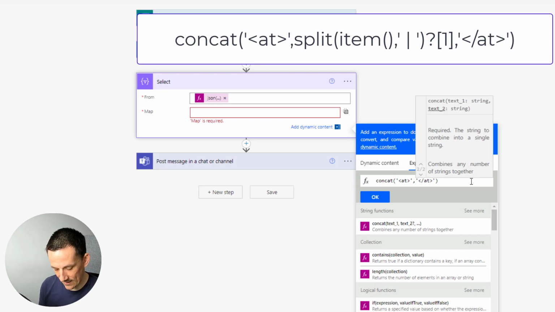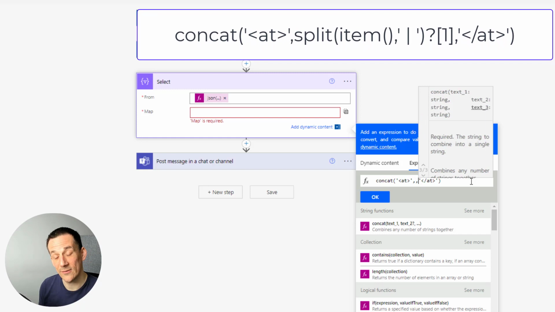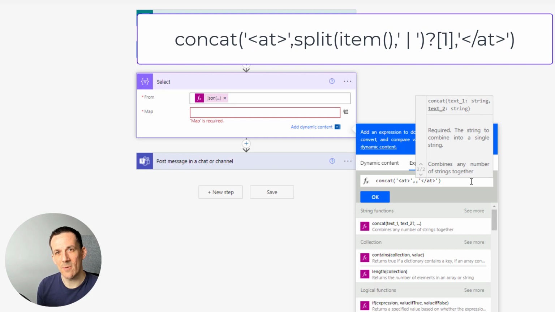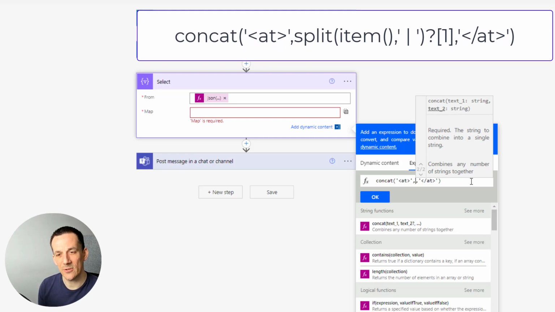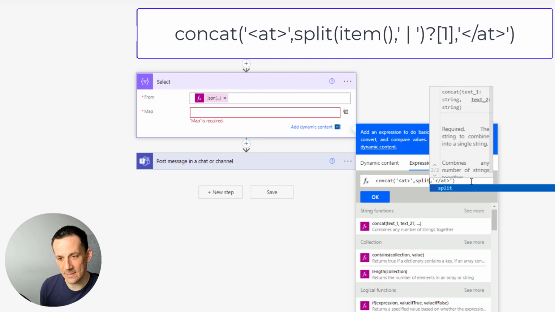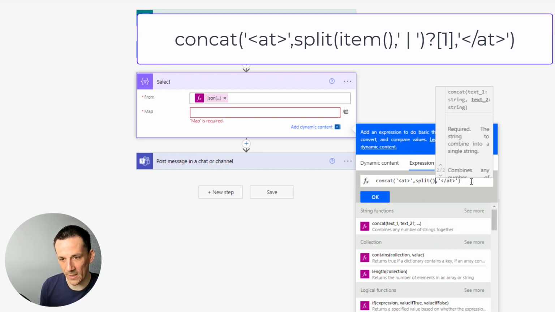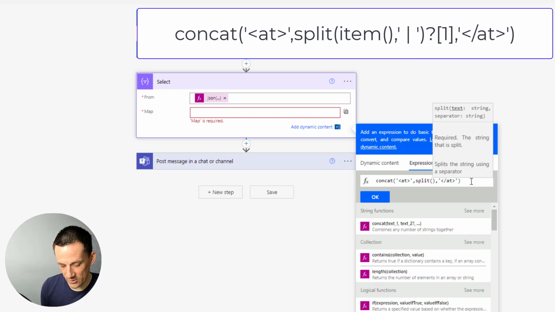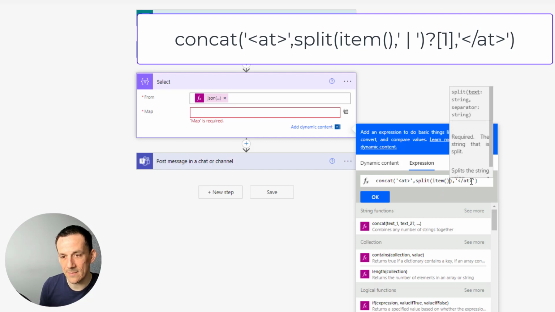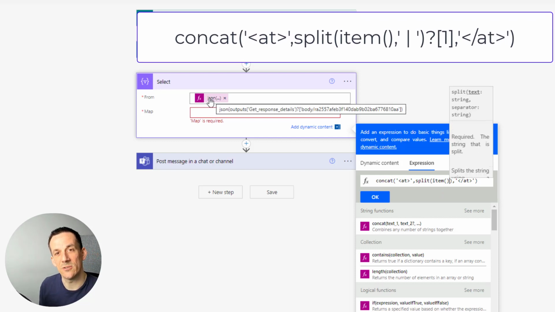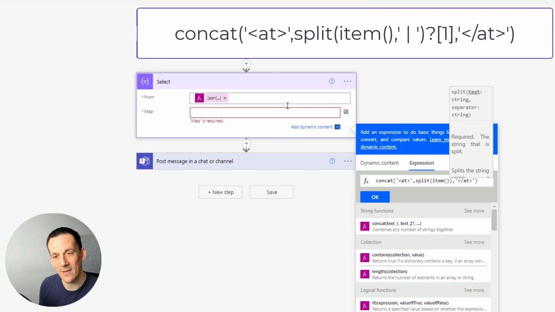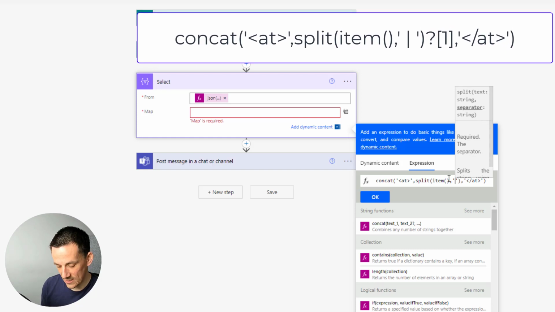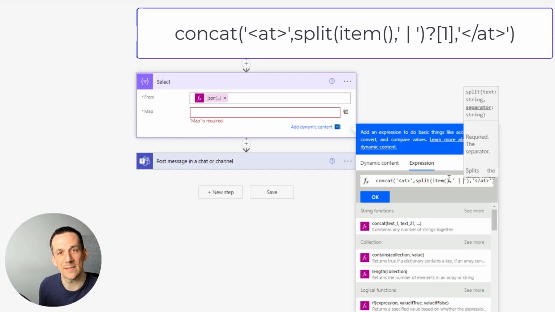And then if I jump back through the expression, I'll put in another single comma, and it's here that we want to get the email address. So remember that email address is separated by a pipe delimiter, and we can use the split expression with an opening and closing brackets, and it's looking for a string to split, which we're going to split the string from item, which is the first item from each of the select objects that we have there, and we're going to split on, if I put the single quotes, a space pipe space, because that's how I formatted